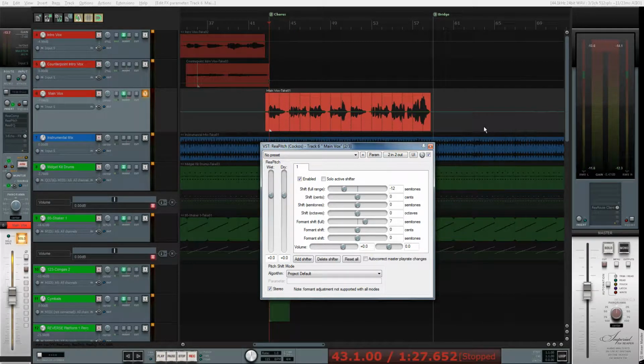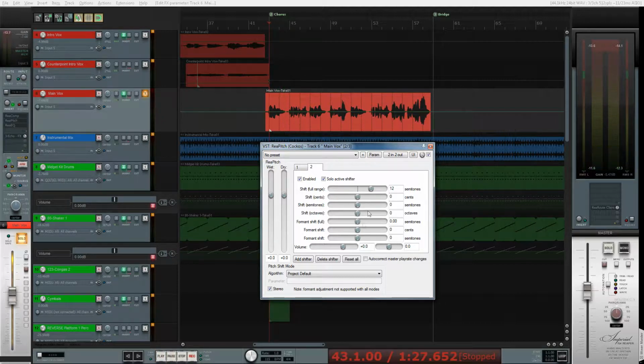So I think they blend together quite well. So I'm going to do another pitch shift. I'm going to put it up an octave in addition to the 2 I've got to simulate another female vocalist, a very high pitched singer. So I'm going to add another shifter. I'm going to solo it for now and put it up 12 semitones. Let's put the formant back to 0. If we don't change the formant, have a listen. It sounds very artificial and